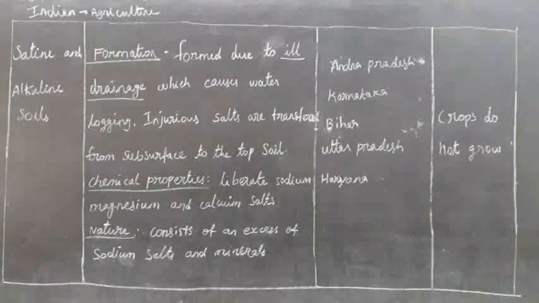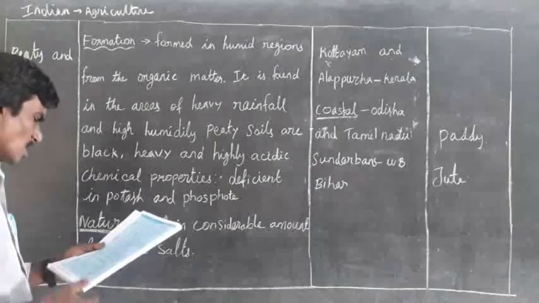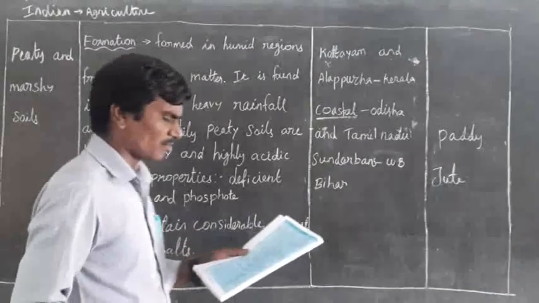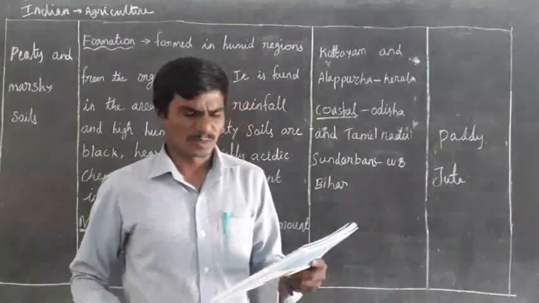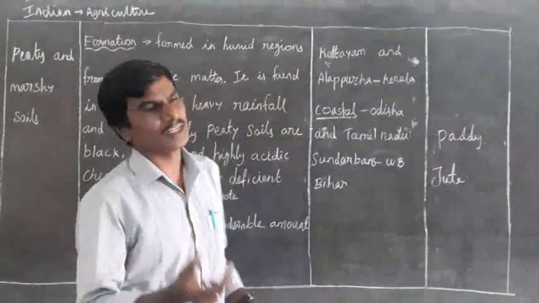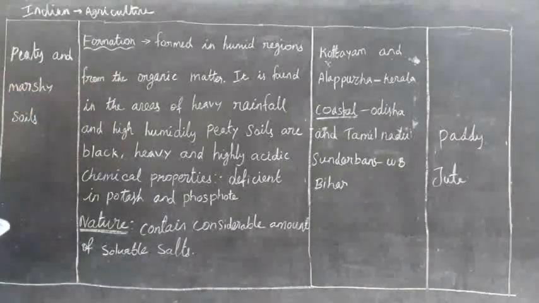Next topic, peaty and marshy soils. Saline soils cannot grow crops, and they are mainly found in Andhra Pradesh, Karnataka, parts of Bihar, Uttar Pradesh, Haryana, Punjab, Rajasthan and Maharashtra. So these areas also have saline and alkaline soils. The meaning of saline is